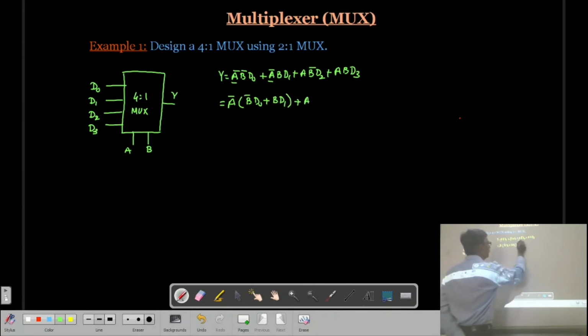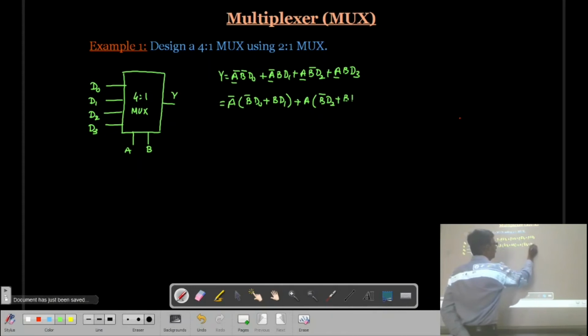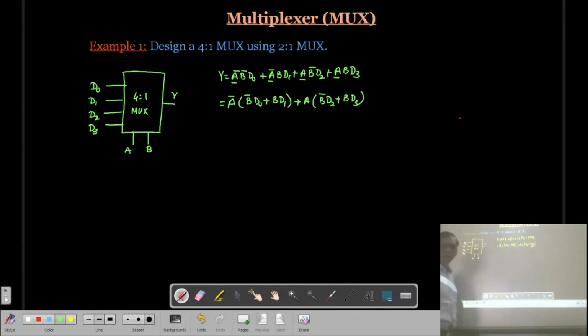Here, if we have A common, then B bar D2 plus B D3 will be present. Now look at this expression.